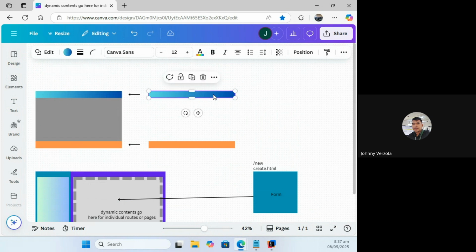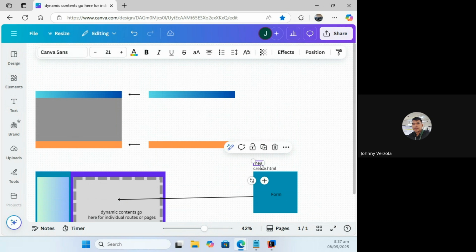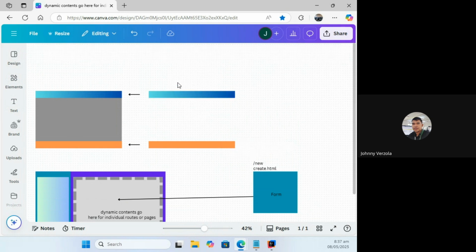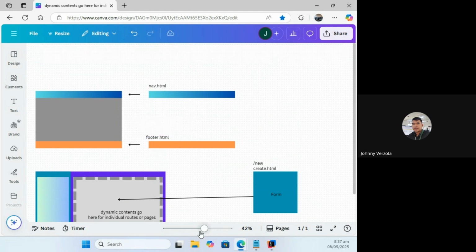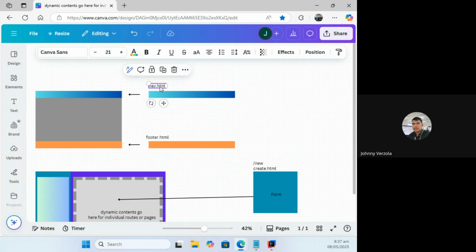We place those individual component files. Let me just name this here. And let me have nav.html. This one. Let me just label them so you can see the difference. Footer.html. And then this is the /new, or this is the create.html.